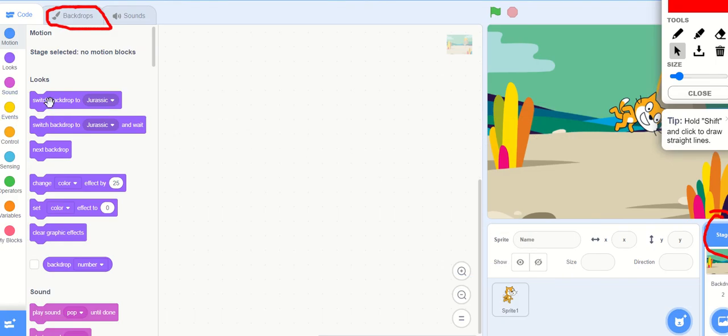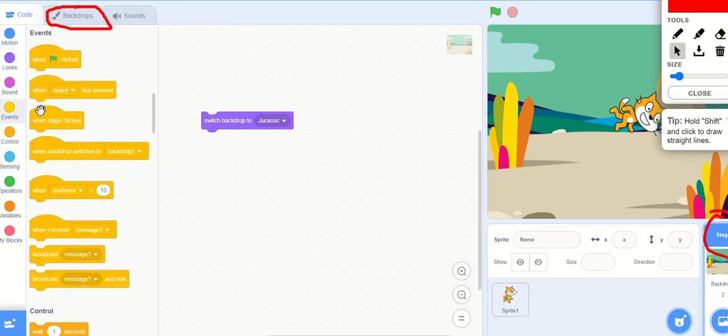As you can see, we have this switch instruction for changing the costume, but if you want to change the backdrop, then you can change the backdrop. How is it possible? First of all, for example, I use my keyboard to start the execution.